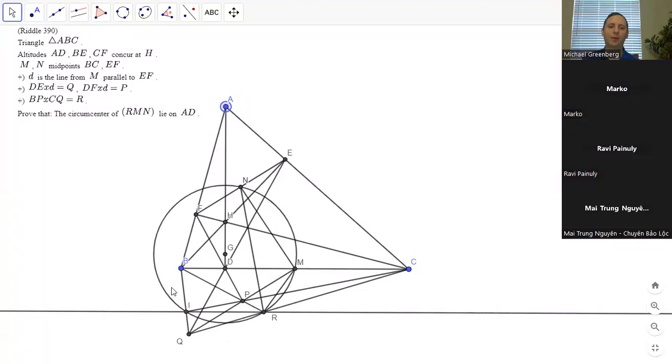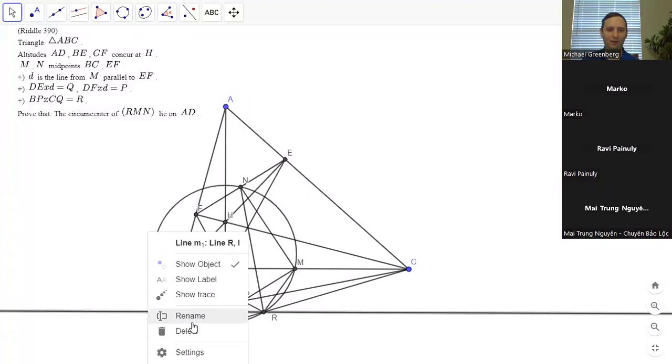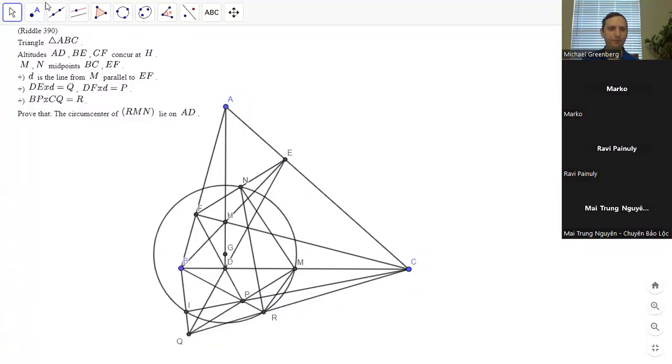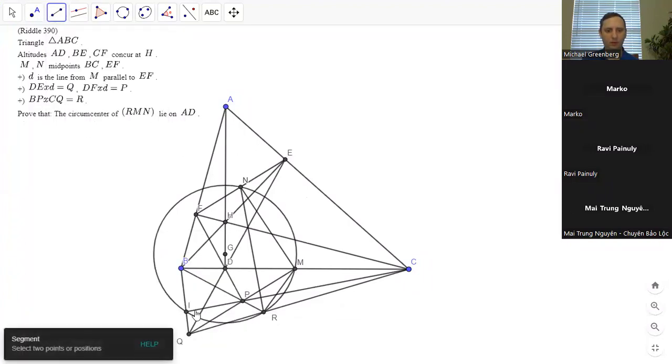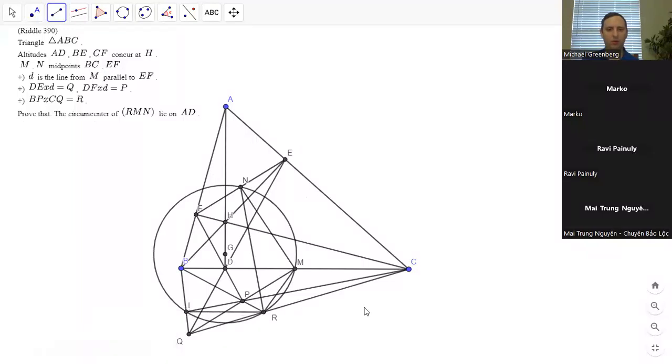Because M is the midpoint. That's a good point. Interesting. So if we do a degenerate form of Ricard's theorem,